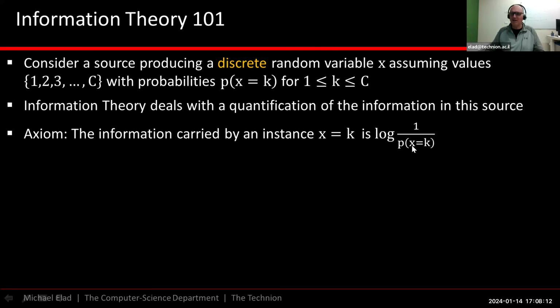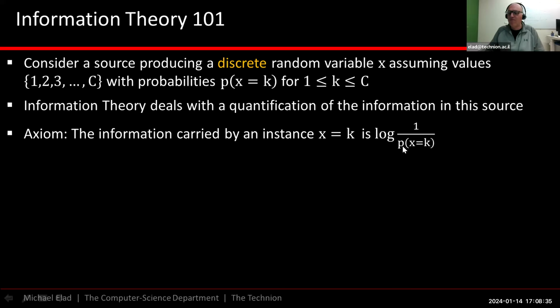So think about the following. Imagine that this probability here is 1. What does it mean? It means that there is no randomness. Even without knowing anything, I knew that X will be K. If the probability is 1, it really means that all the rest have 0 probability. So there is no information. So if this is 1, 1 over 1 is 1, log of 1 is 0, the amount of information is